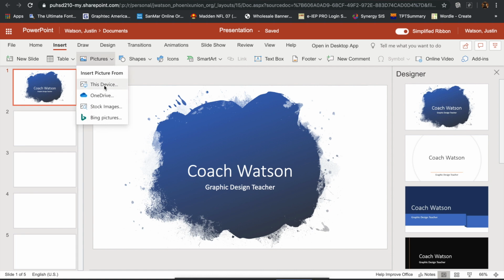This device is the computer that I'm actually using right now. OneDrive is actually on 365. So if you're saving your items on OneDrive, you can click that. Or it has stock images. Stock images is basically the images that it has already uploaded to PowerPoint. Okay? And then you have Bing Pictures, which is a brand new feature for me. So I believe that is a feature to where it can just go onto Bing and be able to find